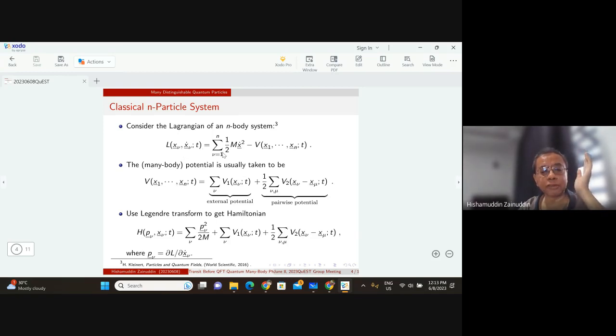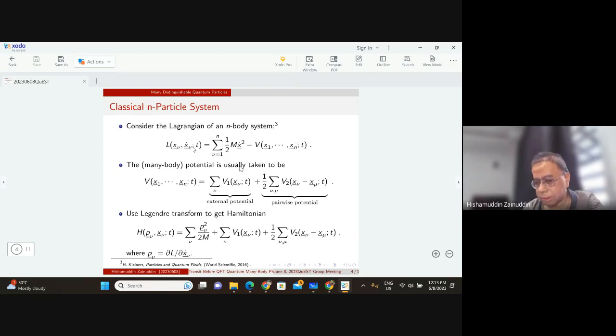So it's an unfortunate thing that he used nu, because you can easily mistake it to be the forward components. Here it really means something else. Here it means the particle labels. So you have some of the individual kinetic energies, and then you have the potential energy that might depend on several different particles. So the many-body potential